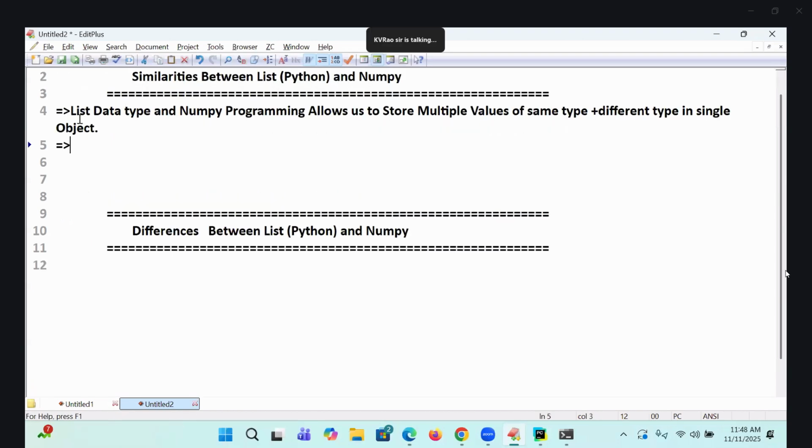Already you are well acquainted with this kind of thing. In NumPy programming, you learn easily once you know data types very well. Some students who don't know data types, it is like Greek and Latin when I'm speaking about it. So a list takes multiple values of the same type and different types in a single object. Next, both list type and NumPy type objects